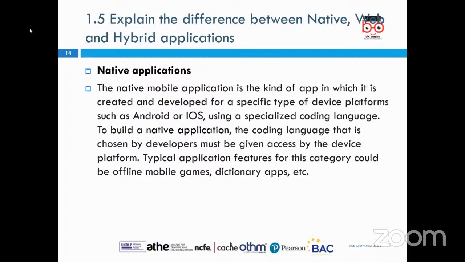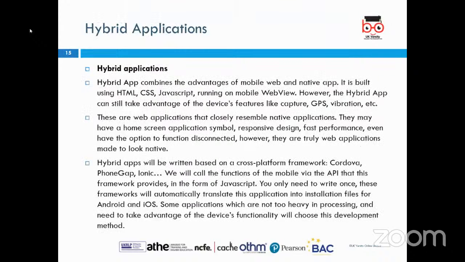To build a native application, the coding language chosen by developers must be given access by the device platform. Typical applications in this category could be offline mobile games, dictionary apps, and so on. Native is simply the ability to run on that specific platform, and for example, could run just on Android, or just on